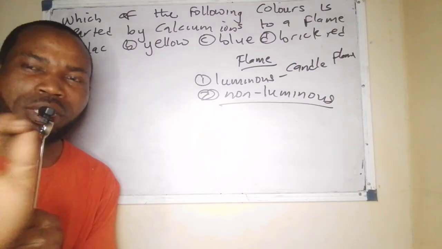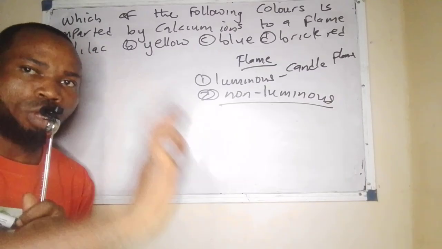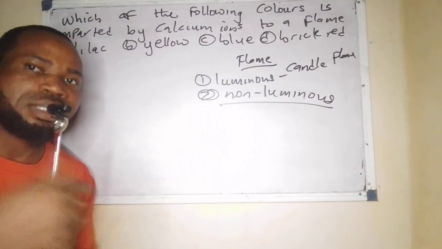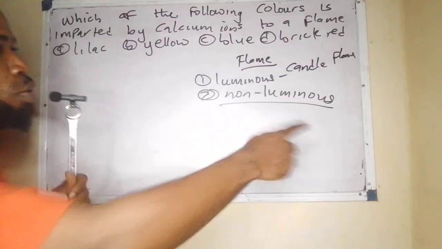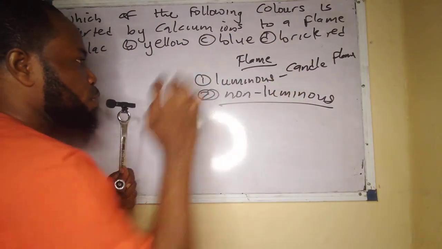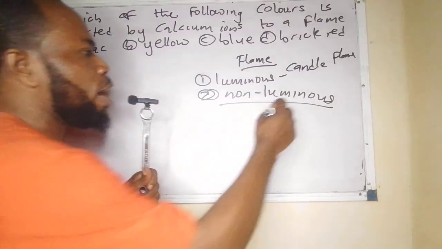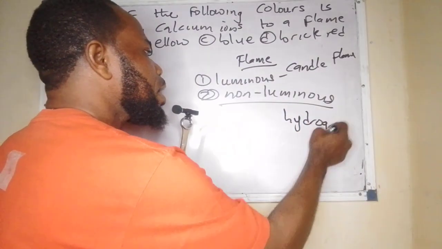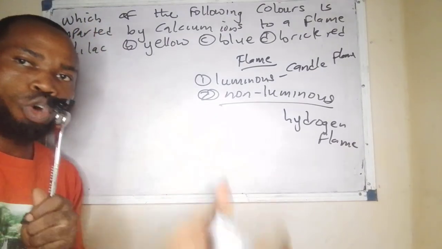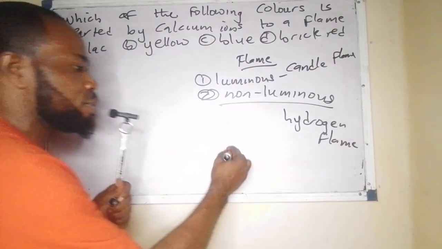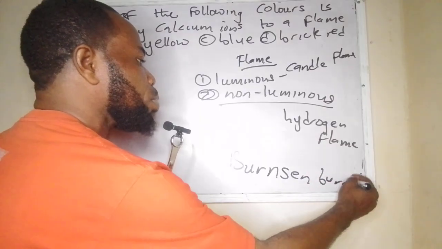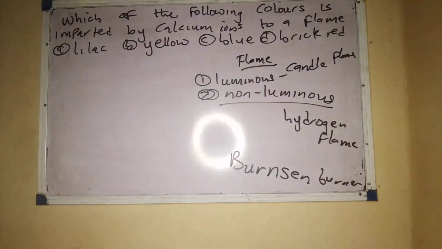Now, we need to look at all these points little by little, not just jumping to the questions but analyzing the points, so that if you come across questions like this, you can kill it. Look at it now. We said there are two types of flame: the luminous flame and the non-luminous flame. Examples of non-luminous flame, we have the hydrogen flame. Now, there's a device that can produce both a luminous flame and a non-luminous flame in the laboratory, and that device is the Bunsen burner. So the Bunsen burner can produce both a luminous flame and a